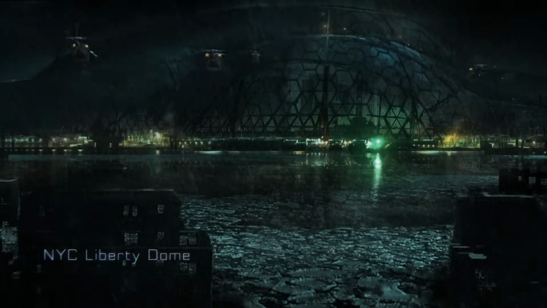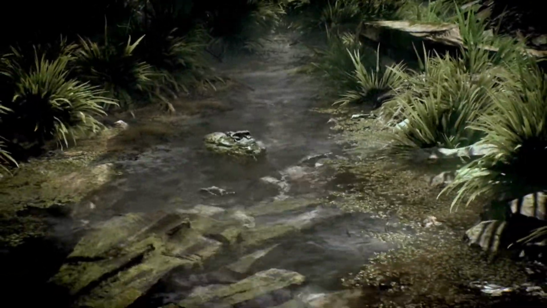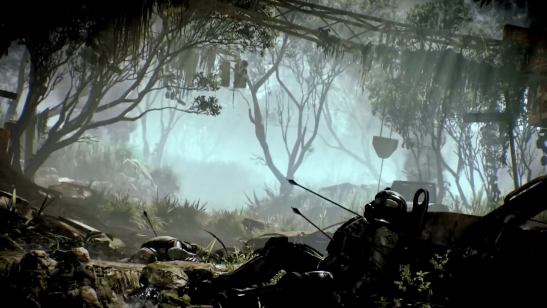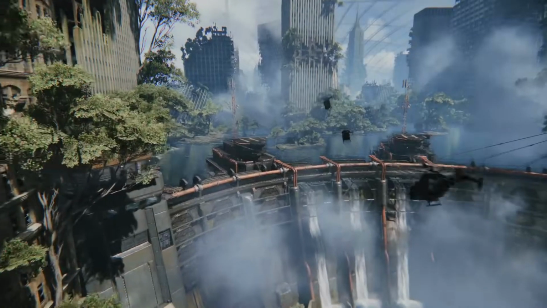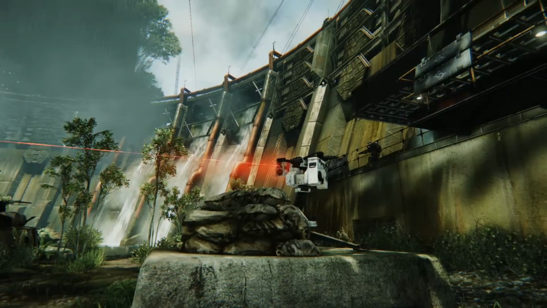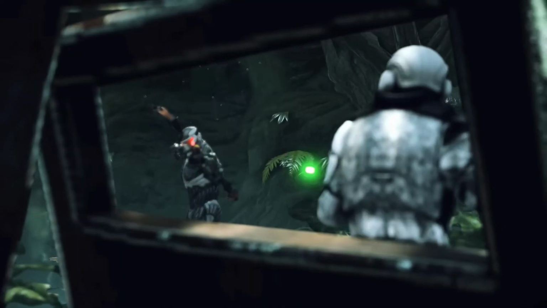Crysis 3, 2013. This older title might surprise you, but Crysis 3 remains a graphical powerhouse even today. Crytek's impressive CryEngine continues to push the boundaries of visual fidelity, with Crysis 3 boasting lush, dynamic environments filled with intricate details. From the overgrown urban jungle of New York City to the lush alien landscapes, every environment feels alive and believable. The lighting system is a particular highlight, with dynamic shadows and reflections creating a sense of depth and